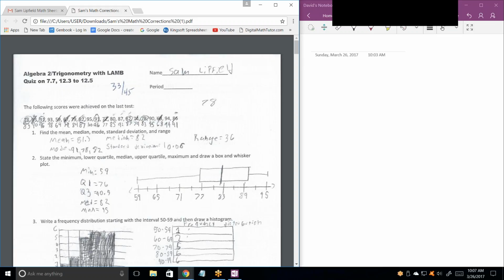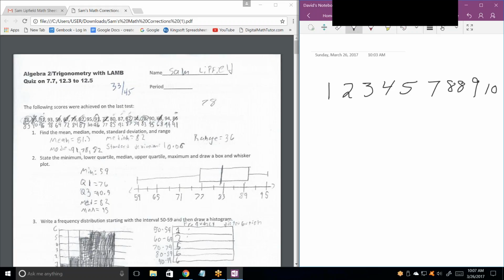Yeah, let me just give you an example here of what I mean. Let's say we had a score and the maximum score was 10. Okay? And we had somebody that made a 1, somebody that made a 2, a 3, a 4, a 5, somebody else made a 7, there were a couple of 8s, and there was a 9, and somebody had a perfect score. Okay? So, if we wanted to know